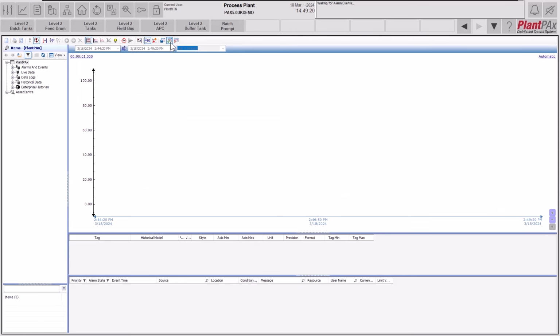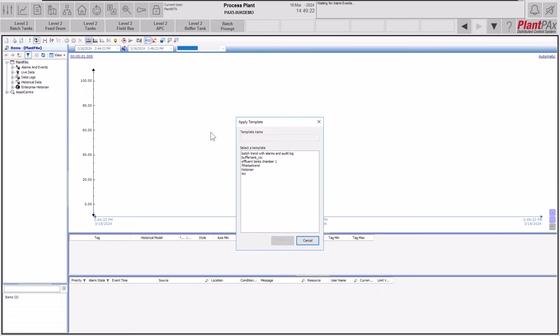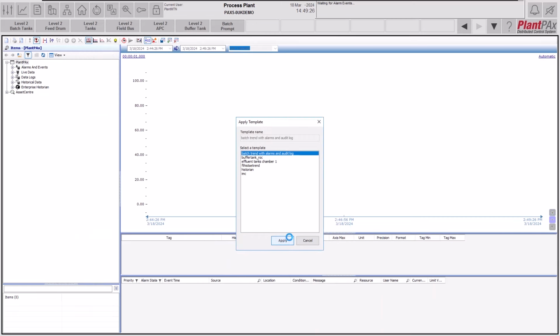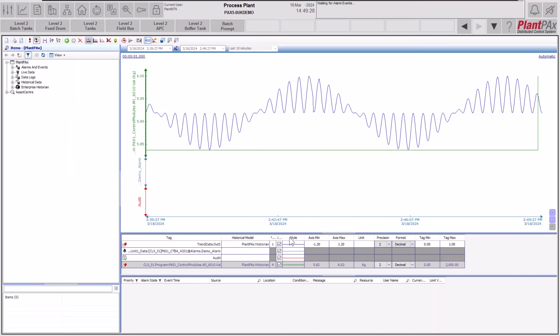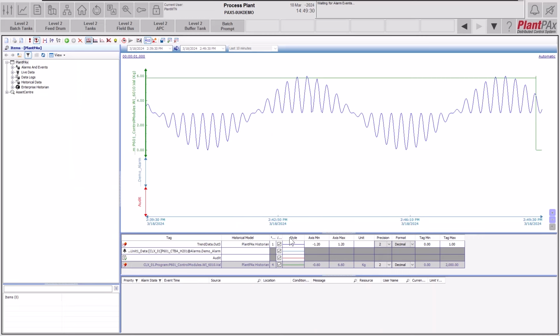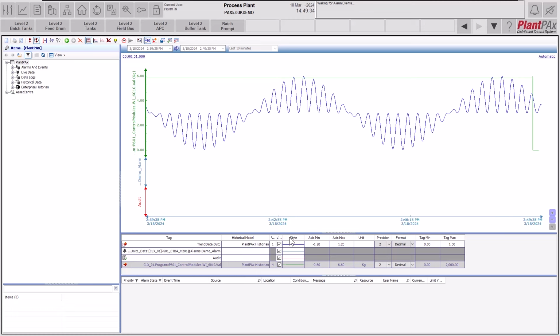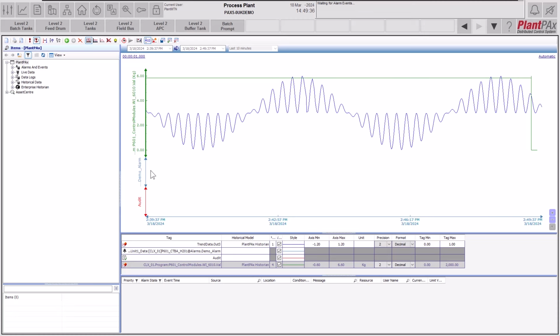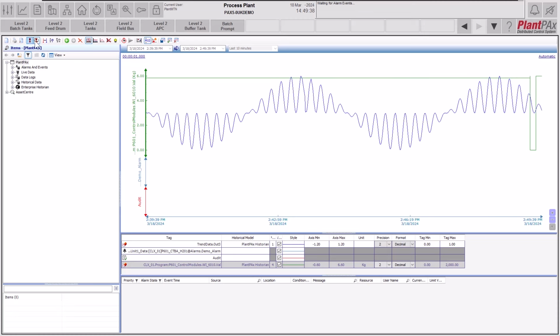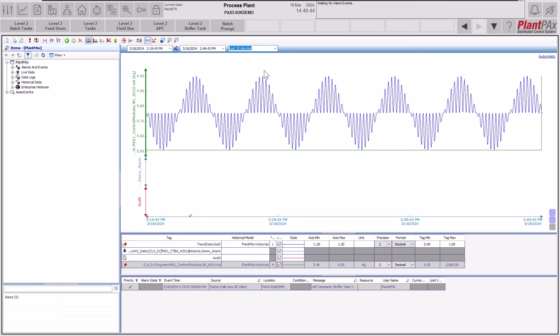I have already created a trend template, so let's open that, and here we can see data being logged in our historian together with data from our alarm system and audits. Let's go back and look at the last 30 minutes of information, and here we can start seeing